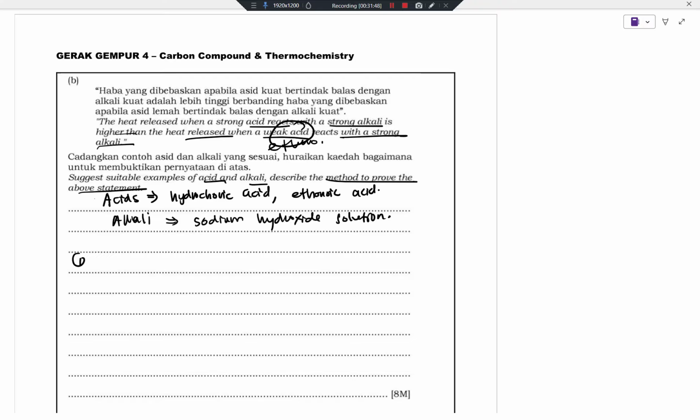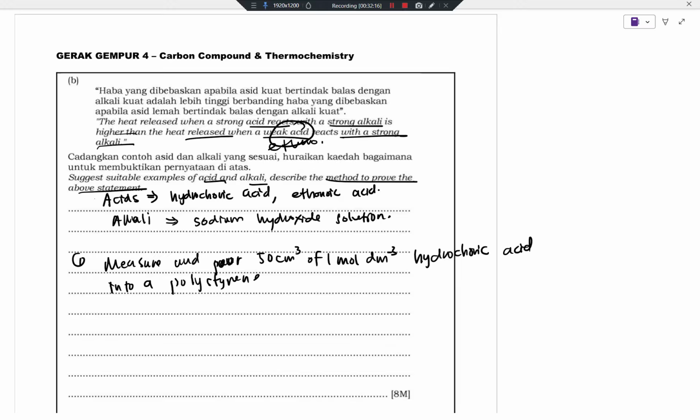Okay, so measure and pour 50 cm cube. நான் எப்பவுமே standard lah, 50 cm cube of 1 mole dm negative 3 hydrochloric acid into a polystyrene cup. Okay, so